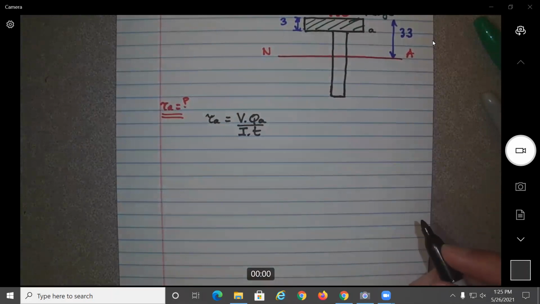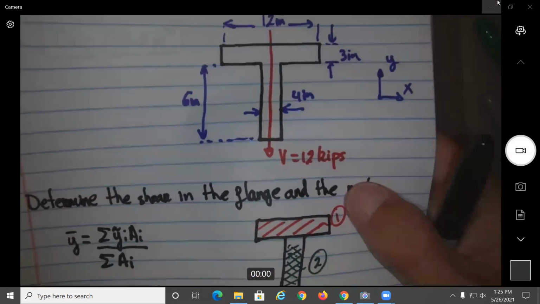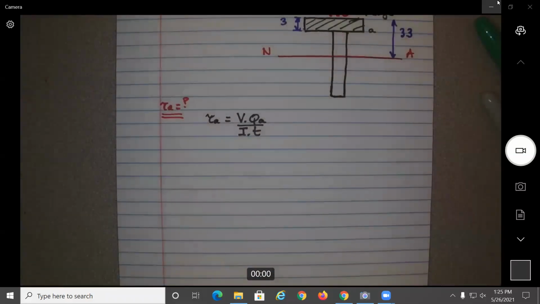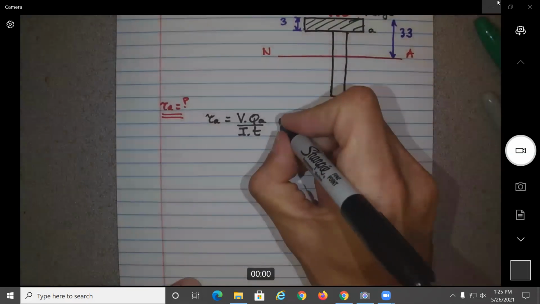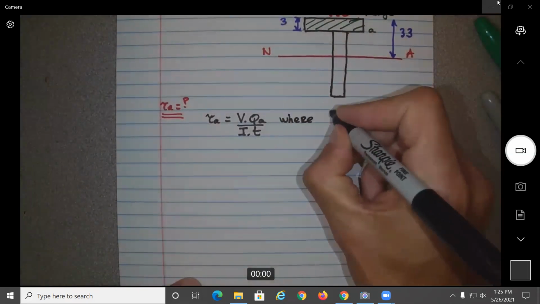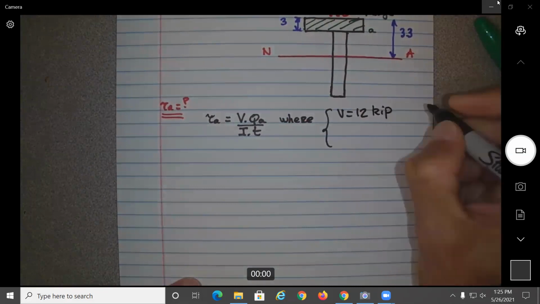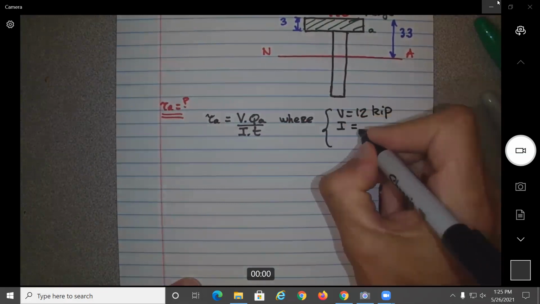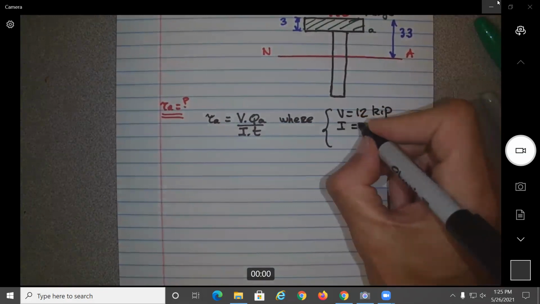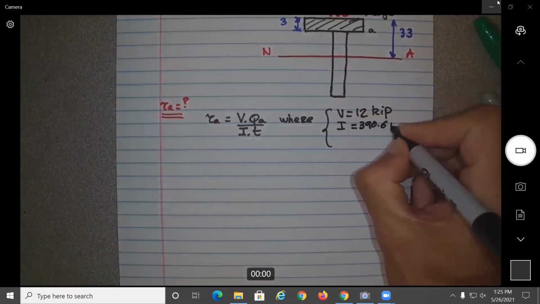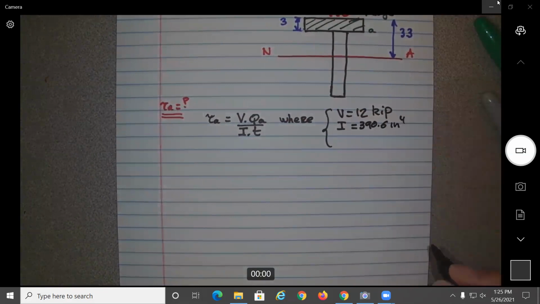So in this equation, what is V? I think V was equal to 12 kips, if I remember right. Yeah, so here, the value of V is 12 kip. So here we can say where V is equal to 12 kip. I is the one about the neutral axis. We calculated that one yesterday, 390.6 inch to the power 4. And